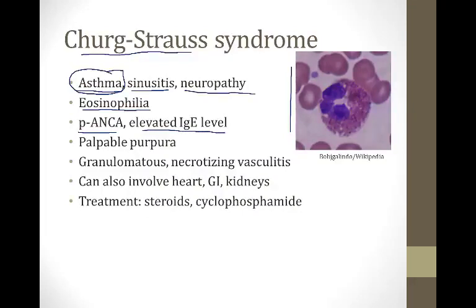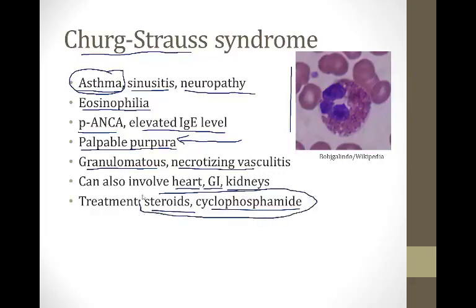In addition to the clinical findings I've listed above, you can often see palpable purpura in this condition. So palpable purpura in someone with asthma should make you think of Sjögren's right away. This is a granulomatous inflammatory disease with necrotizing vasculitis seen on biopsies. In addition to the symptoms I've already described, you can get symptoms from cardiac involvement, GI involvement, and of course in the kidneys you can get nephritis. And this is treated with steroids and cyclophosphamide, which are the two treatment options for all three of the ANCA